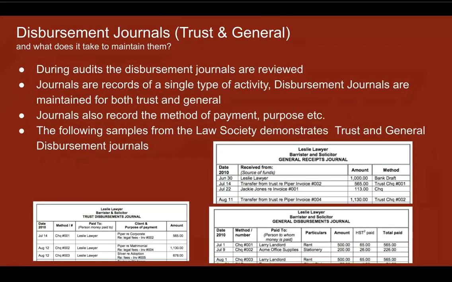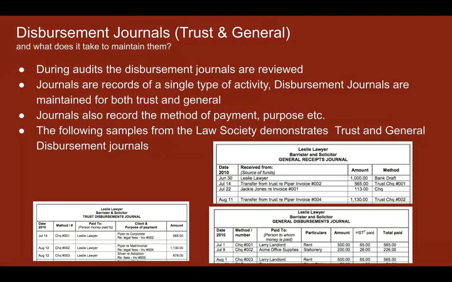Now, moving on to the journals. Journals are a bit more detailed version of ledgers. Like, in journals, you'll have a specific type of activity. Some of them are only receipt type. Some of them are disbursement type. So there'll be two for each of the banks.